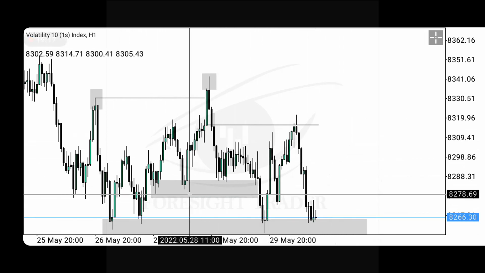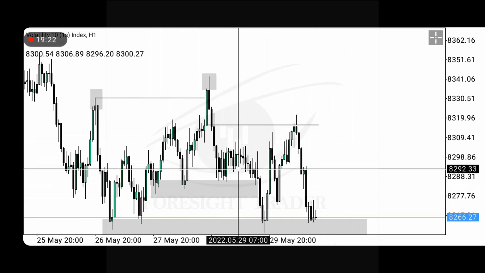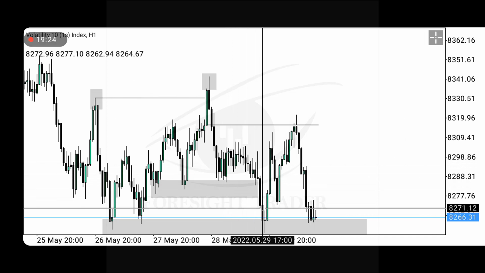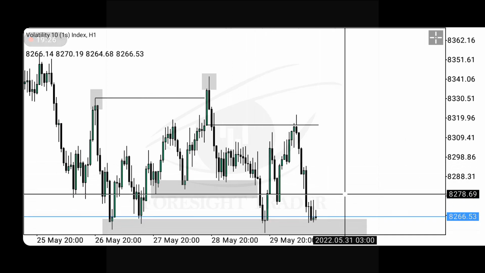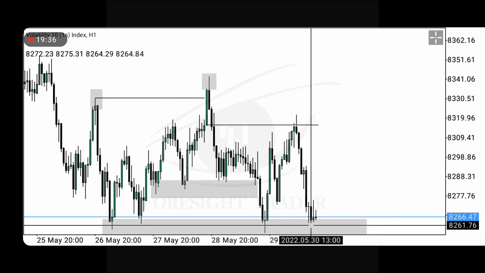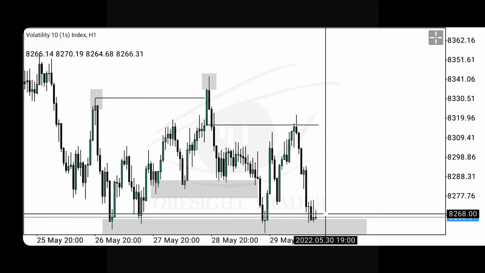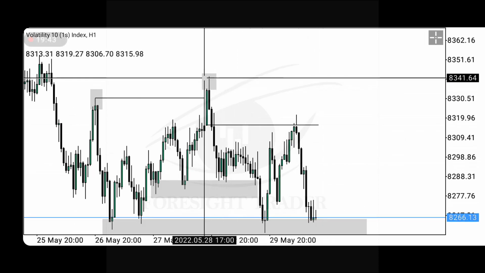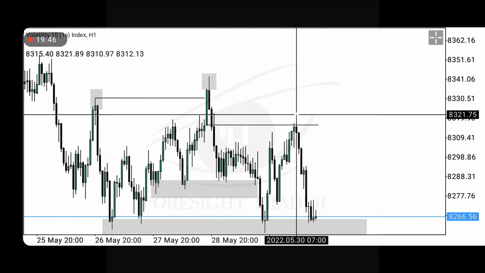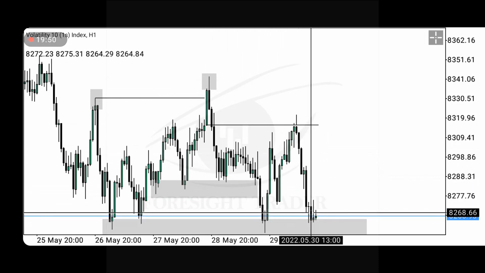So the traders that were trying to buy this move are already in tears, because they have been stopped out. And those that will try to buy from here again, I'm not in a position to say, but if I were, I would say they might not get their reward, and they will probably get stopped out, because the market makers are already selling here, and they are selling here as well. So why not learn these signatures and play along with them?